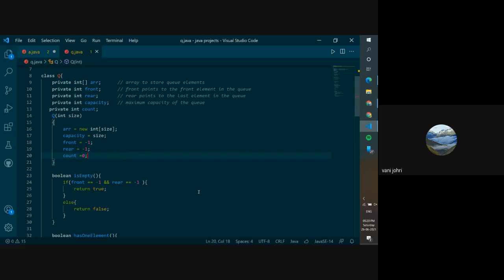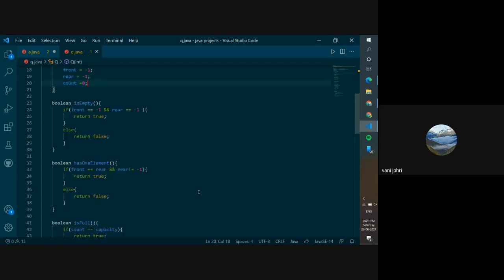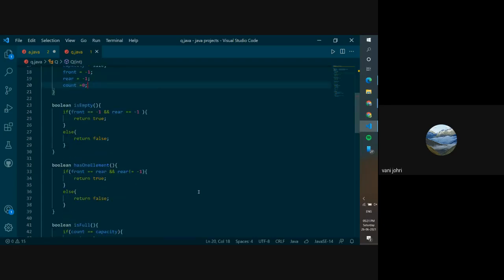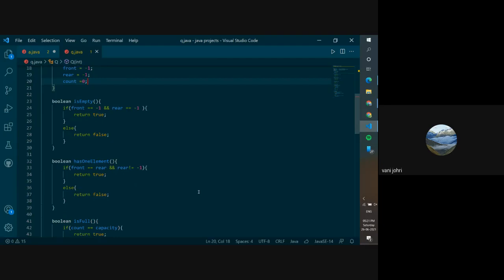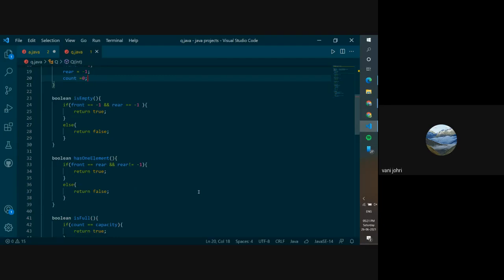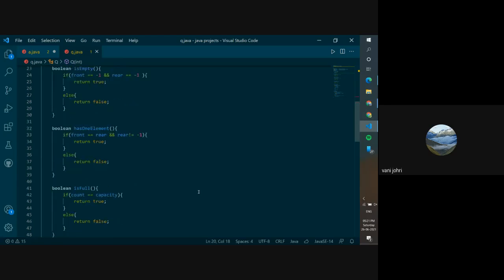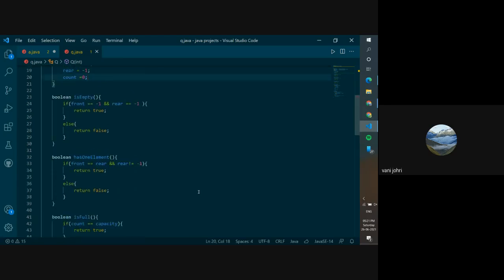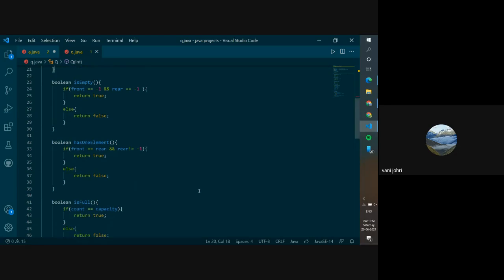Yes, ma'am. Okay. Then we made some helper methods, for checking certain conditions. Some conditions that we would need to know in a queue are if the queue is empty, if it has only one element, or if it is full. We need to check these before entering or deleting an element.